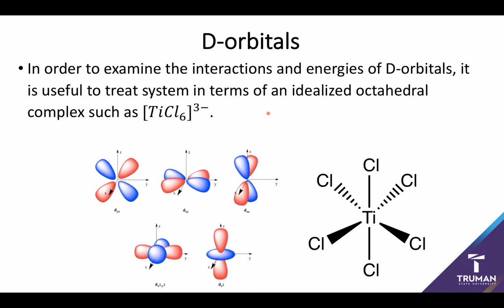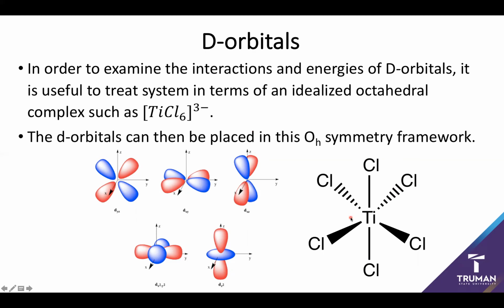So we're going to start by examining a relatively idealized version of a set of metal orbitals. We're going to work with an idealized octahedral complex, such as titanium hexachloride. It is worth noting that these same basic principles hold for a lot of other octahedral complexes, even in the presence of differing ligands, though there can be slight modifications on the basic idea. So if I have an idealized octahedral complex, this means my system should be placed in OH symmetry. So I have an OH point group, and then I can go ahead and assign irreducible representations to my various